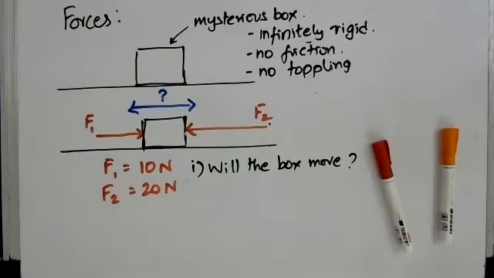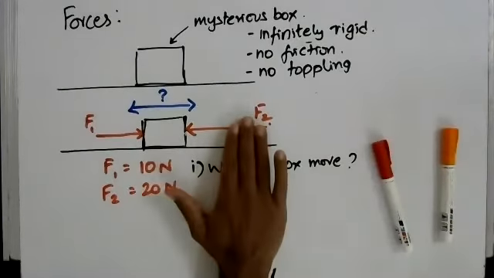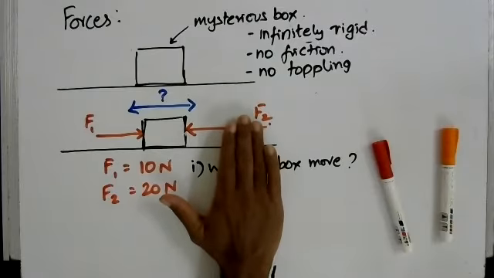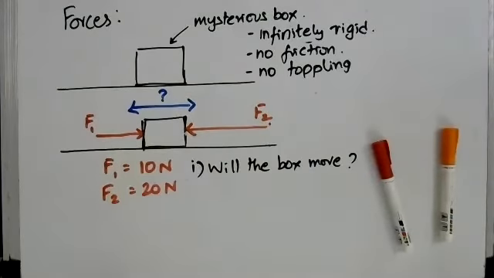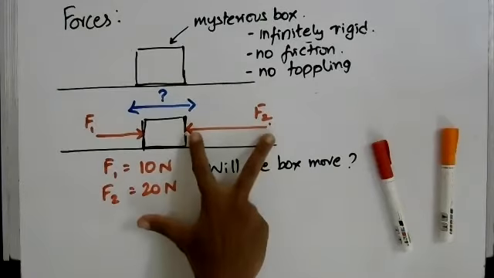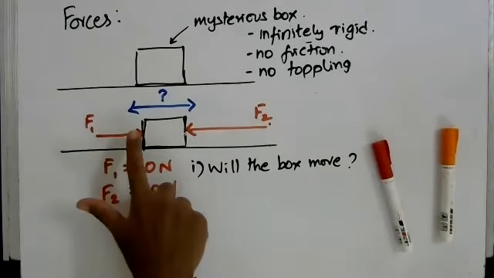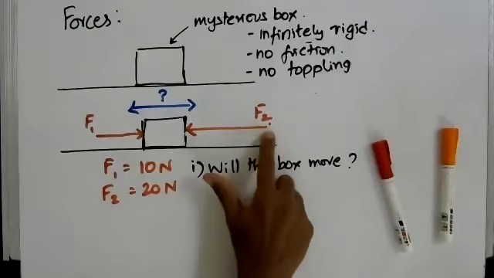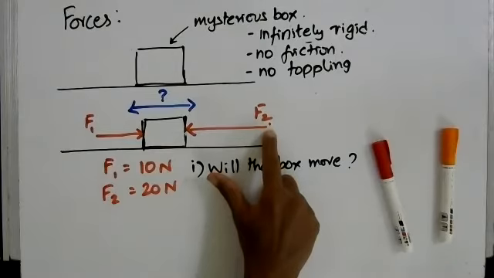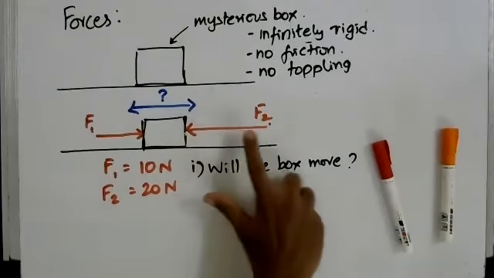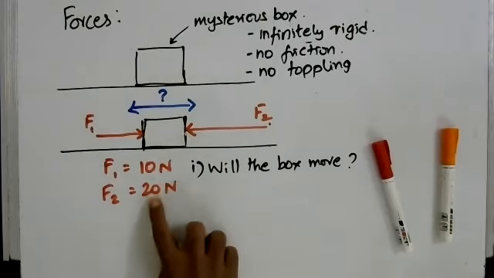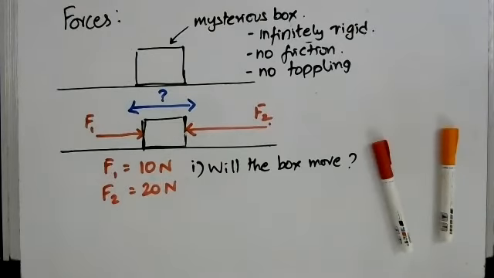If I draw the same length, then it's not clear whether this force is greater than this force or not. But if I double the length, then it becomes obvious that this force is greater than that. So this is not showing the place from which the force is being applied. The force is being applied here only. But the length indicates that it is twice the original force. Clear now?